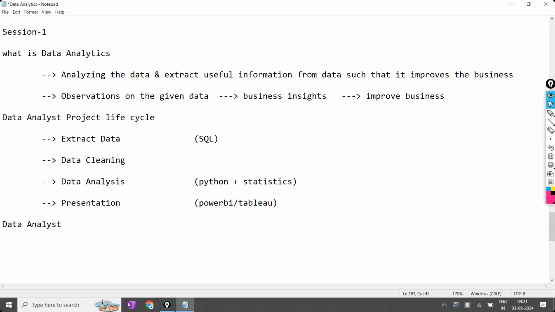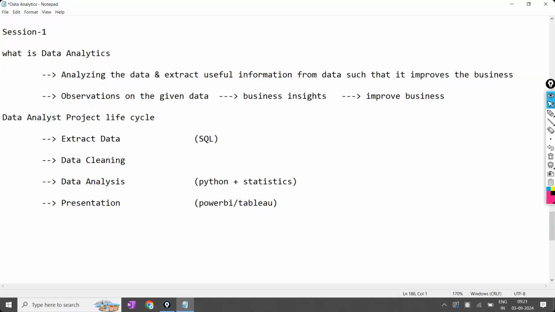So like this, in terms of the data analyst lifecycle, the skills include SQL, Python, statistics, Power BI, and Tableau. Because these are the steps, for these steps, these are required, right?